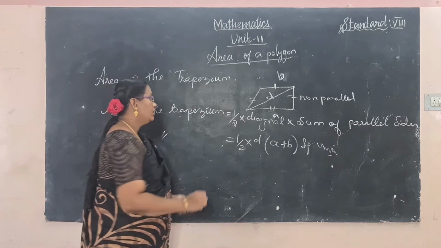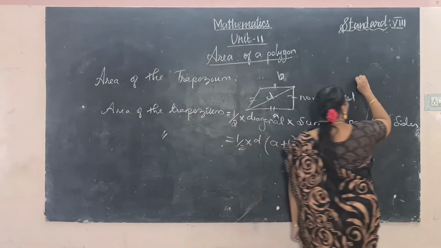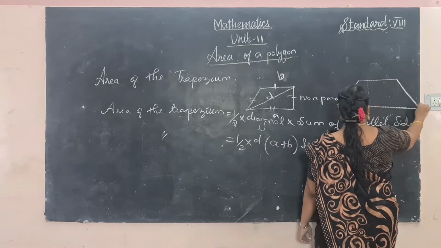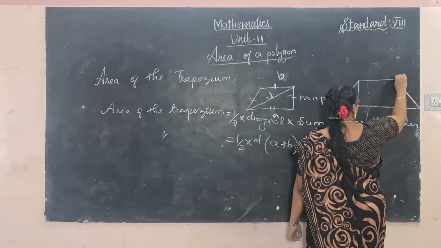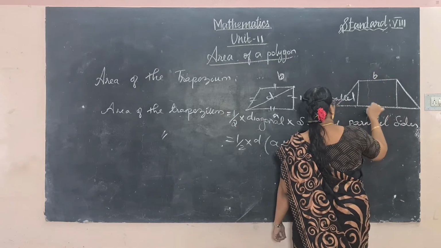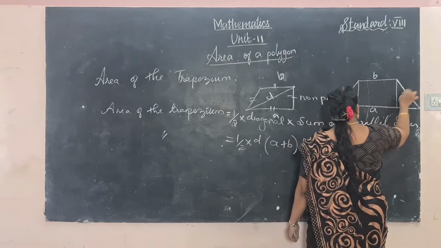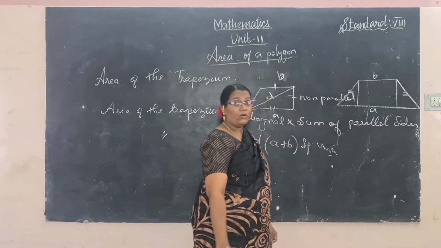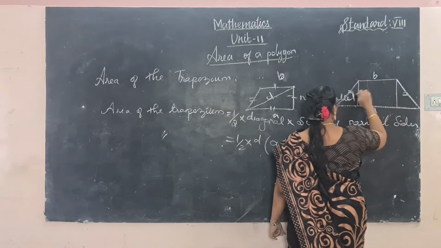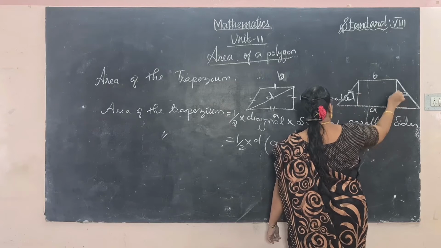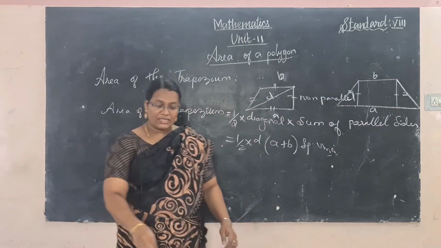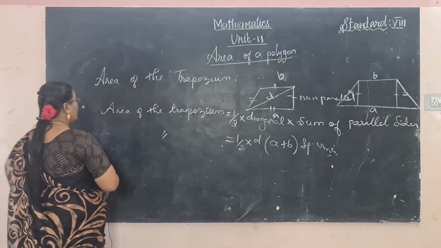square unit. Okay, so isosceles trapezium means it looks like this. These heights are equal. Here B, A. Okay, these non-parallel sides are equal. So the height of this triangle and this one are equal. This one and this one are equal. Okay, right. Now move to the related examples.